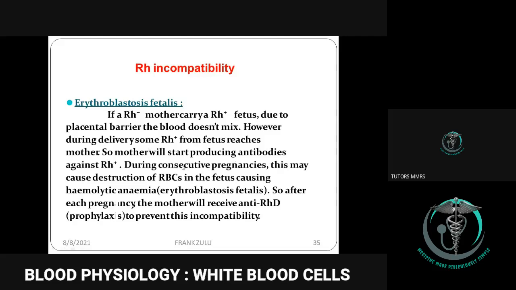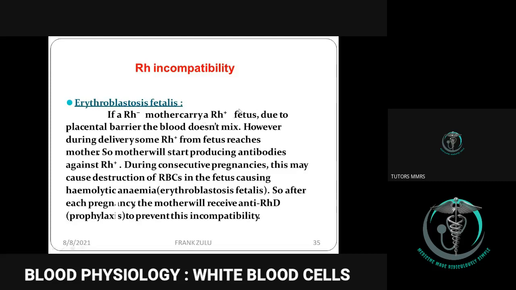So in pregnancy 2, let's say the mother now has a fetus that is Rh positive. Now this mother is Rh negative, but has developed antibodies against the D antigen in Rh positive because of